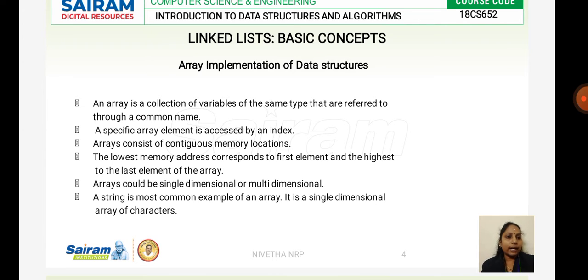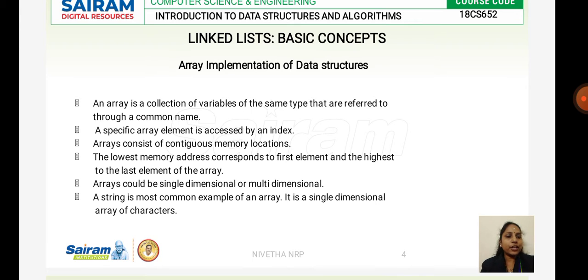It is a collection of similar data types under a common name, and we access the array using indexing. We have already discussed this in the second module. We access the array starting with a[0], followed by a[1], a[2], until the size of the array, that is a[n], and it is a continuous memory allocation.